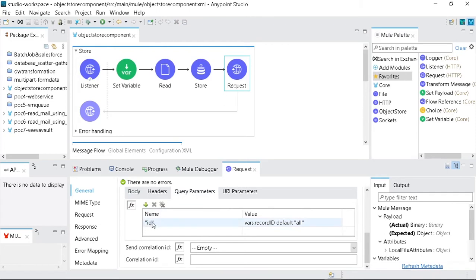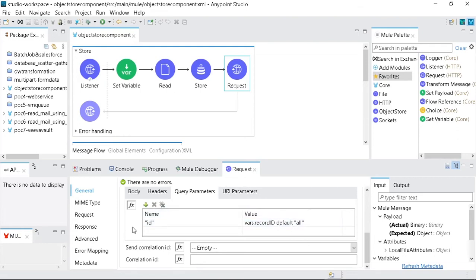The name of the query parameter is id, and the value will be vars.record id. So whatever id is saved inside this set variable component will be sent to the second flow through this query parameter. If there is no value in vars.record id, at that time it will send the default id as all.